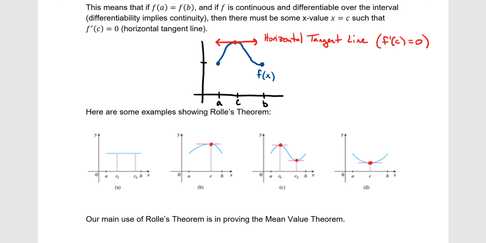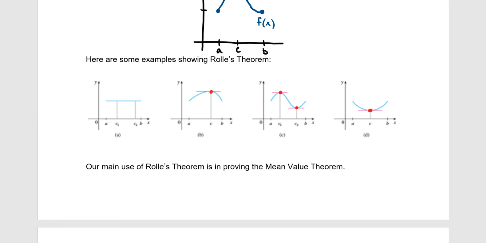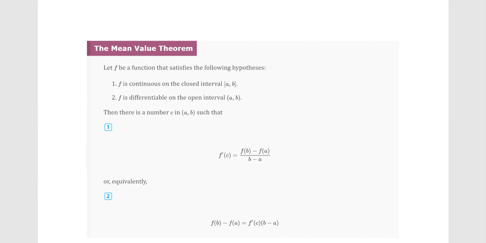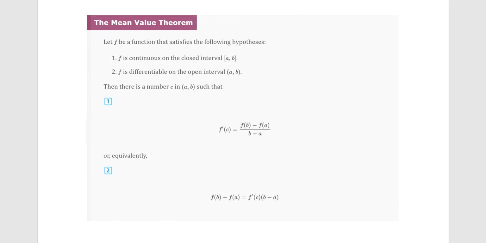Our main use of Rolle's theorem is going to be proving the mean value theorem. So here is the mean value theorem. What we just did for Rolle's theorem is we said the endpoints had the same y value. Now the y values are going to be different. The mean value theorem says if f is a function that is continuous on the interval and differentiable on the interval, same as before, then there has to be a number c in the interval such that f prime of c equals f of b minus f of a over b minus a,